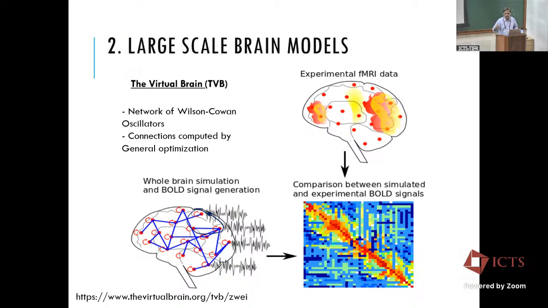They use all kinds of oscillators. I mean, Fujio Nogumo, Hopf, Wilson-Cowan, and so on and so forth. The thing is, the way they train that network is by using some kind of optimization. So you have the brain signals and then optimize this whole network and figure out what are the connection strengths that will make the network reproduce the measured signals. Whereas in our case, the learning rules are all bio-inspired.